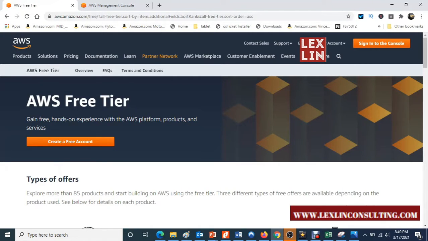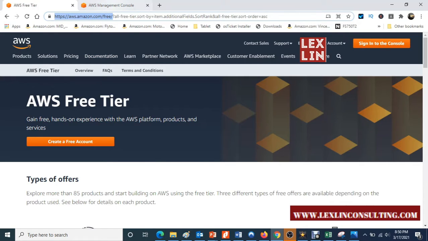All right, so this is how you get to Amazon's free tier option. If you've never signed up for Amazon, this is where you go: aws.amazon.com/free. Just create an account. They ask for your credit card. It won't charge it, but it will have that information just in case you decide to sign up for services. They have it handy for you. But yeah, this is a free service. You have some limited options.